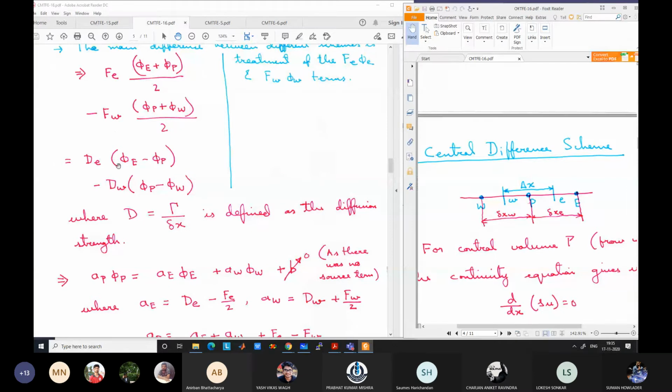So if I look at one of these terms, the phi_E term, we have a D_e on the right hand side, and we can take this Fe by 2 onto the right hand side. So it will become minus Fe by 2. So the coefficient of phi_E will have D_e minus Fe by 2. Similarly for AW, we already have on the right hand side minus D_w into minus